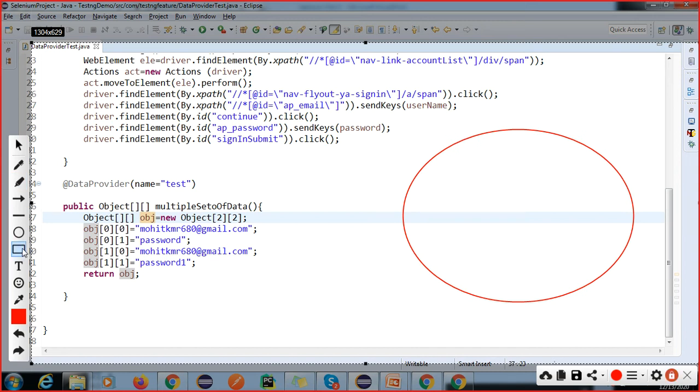So now you have the 2D array, and inside this array, how many I have given, it is working on 0, 1, 2, right? So here you have given the row and column. If I go like that, it is your row and column set of data.